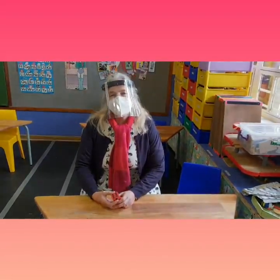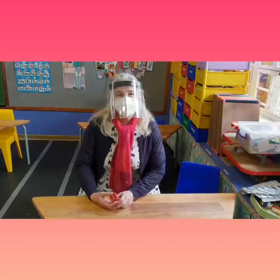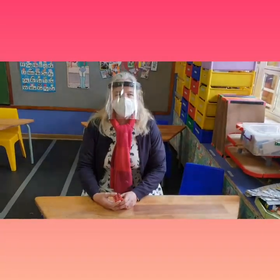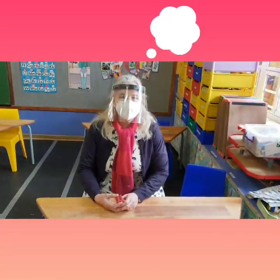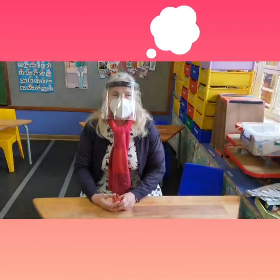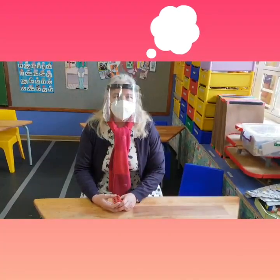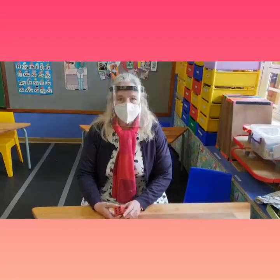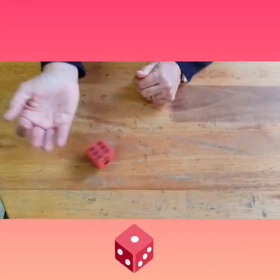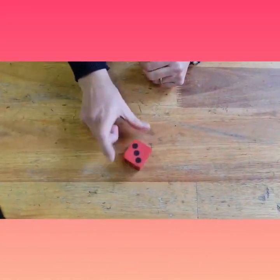And one last game that you can try and play is to remember a sequence of numbers. So someone can tell you 3 numbers and then you have to remember and say the 3 numbers back. And then each time you add another number and see how many you can remember. And if you want to do it a fun way, you can do it with a dice so that it's random. You throw it and you remember, I got a